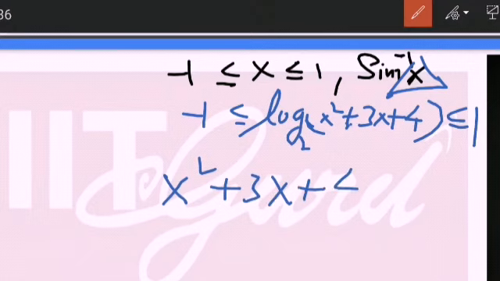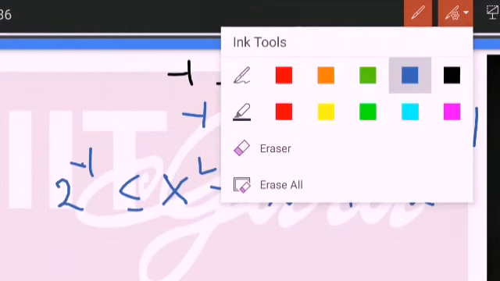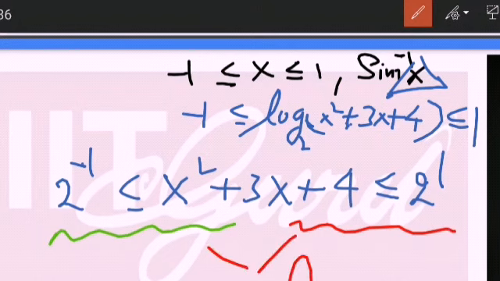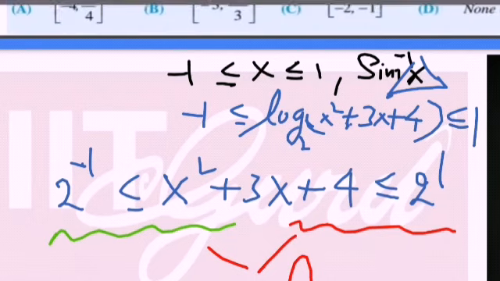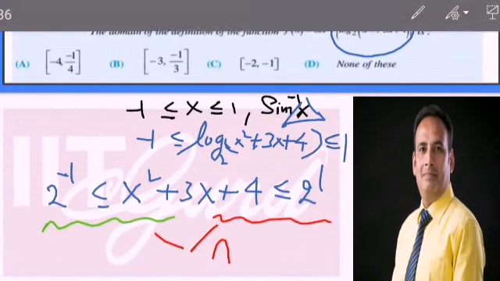On solving these two inequalities, we get 2x square plus 6x plus 8 is less than or equal to 1, and x square plus 3x plus 2 is less or equal to 0. On solving, you can factorize it after transposing 1: 2x square plus 6x plus 7 is greater or equal to 0, and factorizing the other, you get x plus 1 into x plus 2 is less or equal to 0. That is, undoubtedly, x lies between -2 to -1, from the second inequality.